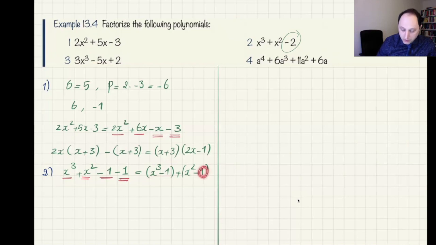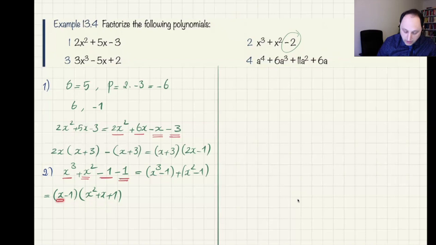And instead of this one, you can imagine that you have 1 to the 2. And then you have the difference of two complete squares. Okay, so I use the identity of the difference of two cubes for the first group, and the conjugate identity for the second group. So the first one becomes x minus 1, x to the 2 plus x plus 1. So what I have written here is, because this is the difference of complete cubes, the cubic root of the